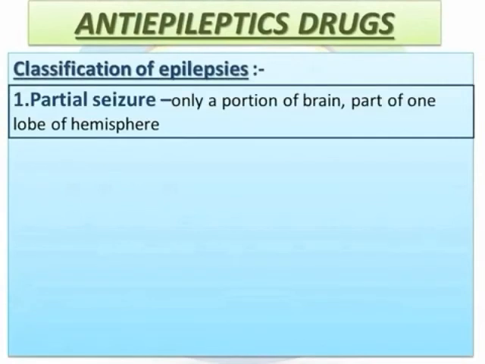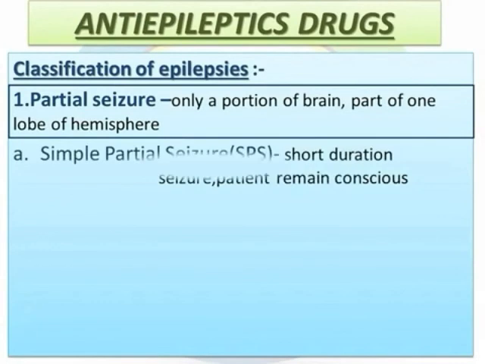So next is benzodiazepines like diazepam, clonazepam and clobazam, and the mechanism of action of these benzodiazepines is the facilitation of GABA, that means gamma aminobutyric acid. The third drug is hydantoin, in that there are phenytoin and fosphenytoin, and the mechanism of action in this is decreased axonal conduction by preventing Na+ influx through voltage sensitive Na channels, and the next drug is